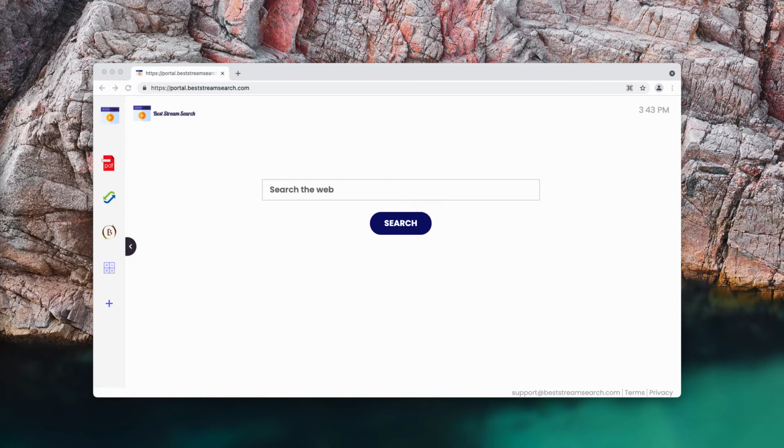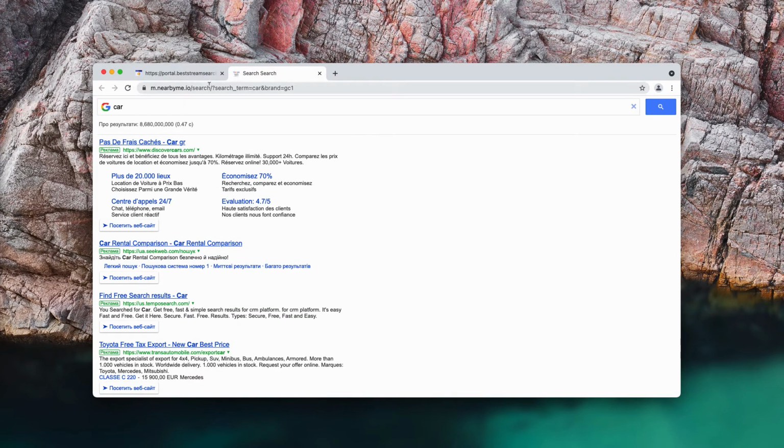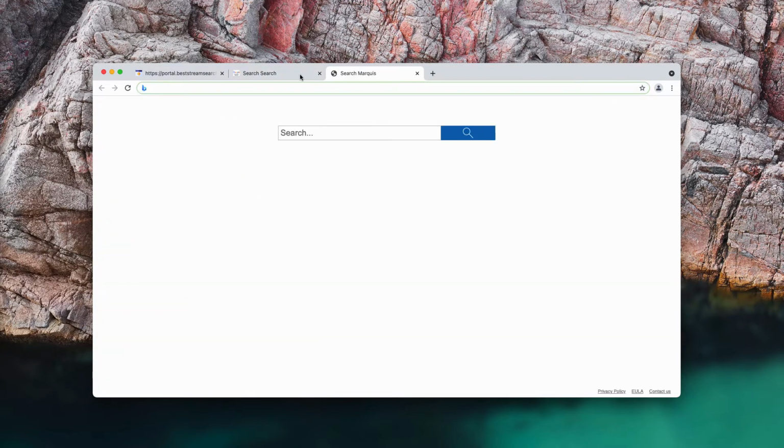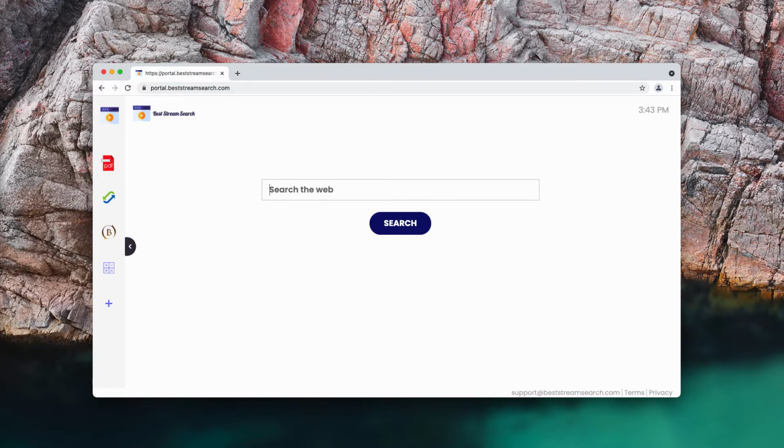You'll start getting a lot of ads that will be popping up randomly on your computer screen. Plus, you will notice that your default search engine may be changed, and when you submit some search queries, you may notice that the results are delivered by some unfamiliar search engine. Often the results are delivered by Yahoo, by Bing, by searchly.com, or by some other search engine not selected by you initially. So that is the problem,